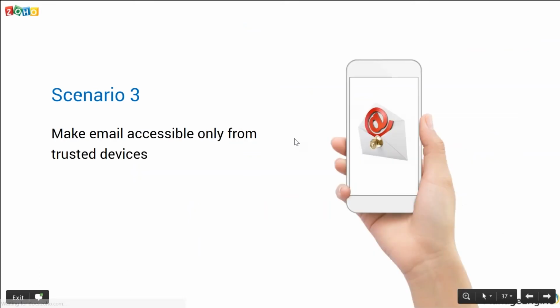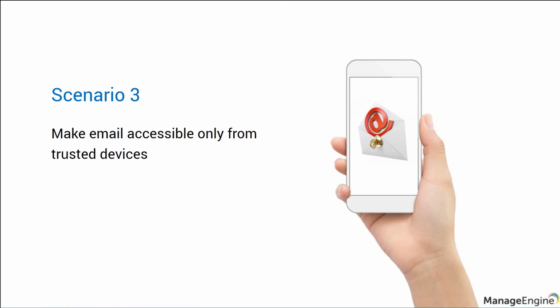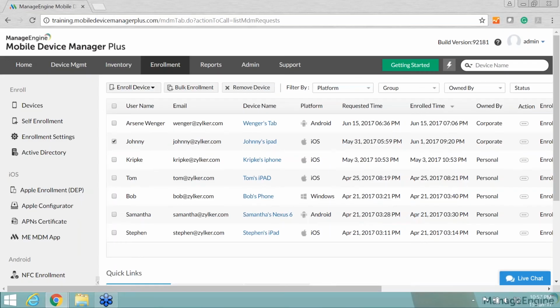So many of us use more than one device to access our office emails. However, there are some places that have the requirement that their employees should access company email only from a particular device. Well, not only email, this can be company contacts, the calendar settings, and so on. Such a functionality can be made in line with conditional exchange access. The conditional exchange access policy lets you restrict access to users' mailbox from the devices that are not managed by MDM. When I say MDM, it is short for Mobile Device Manager Plus. I'll be using MDM a lot throughout the session. All right.